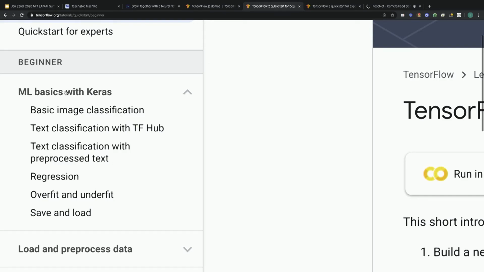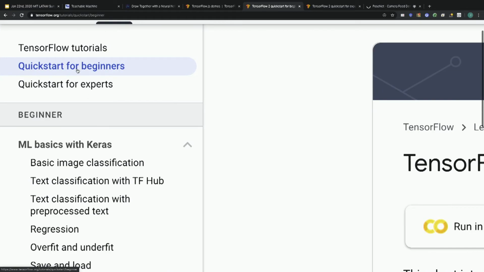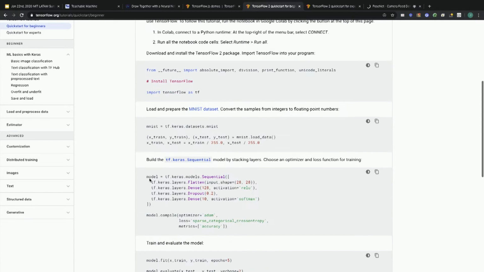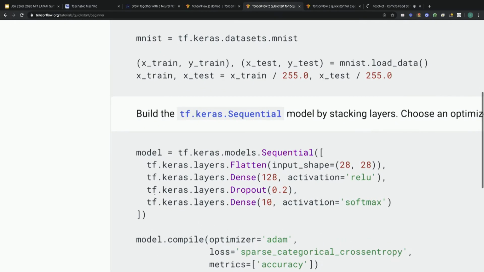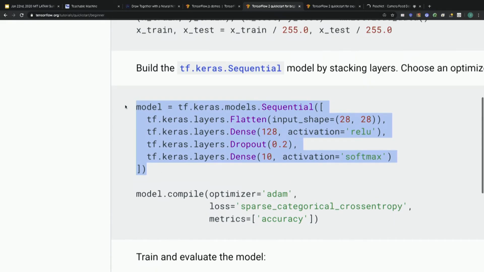And these are very detailed walkthroughs. But I just want to show you very briefly what these quick starts look like. And quick start for beginners, which I'd love to improve, but it's a solid basic code example. This is showing you how to write a complete neural network. And creating the model itself is just these 5 or 6 lines of code.